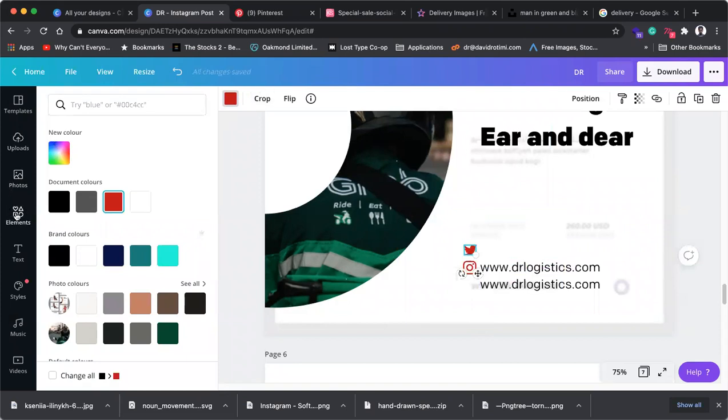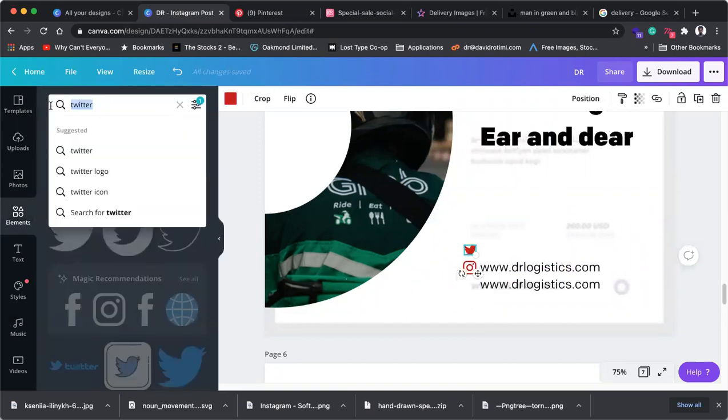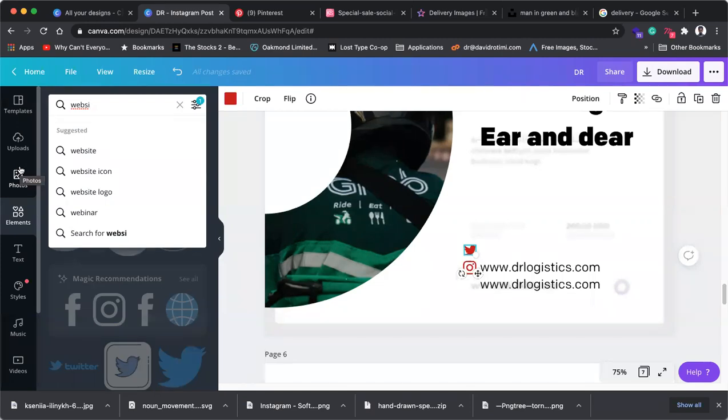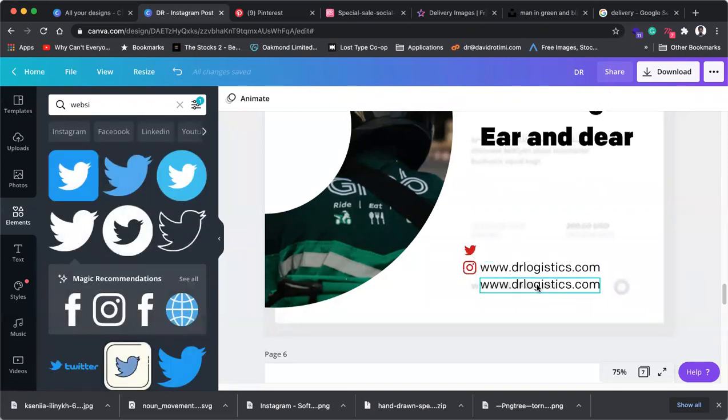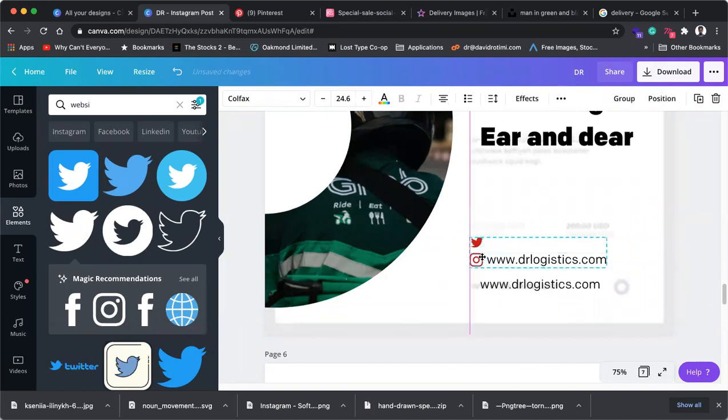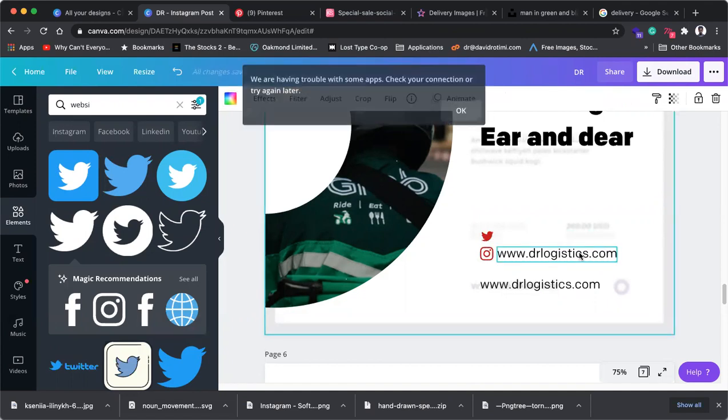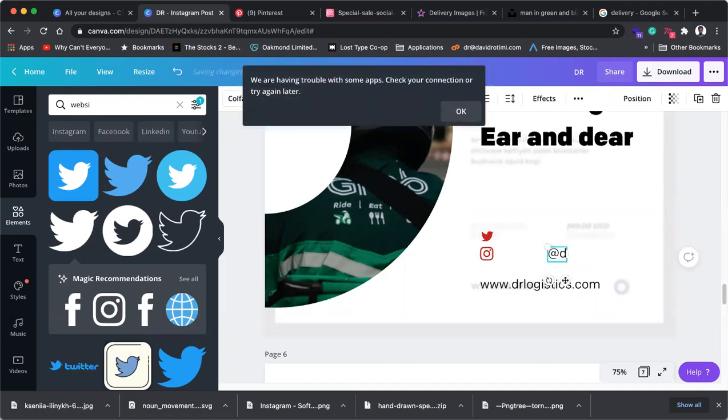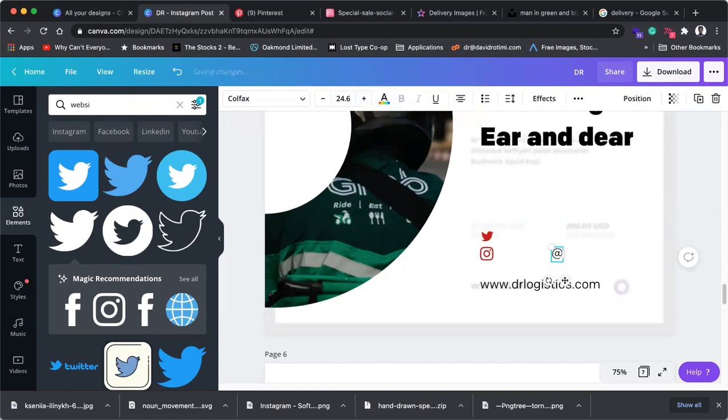Okay. So next we have Twitter, Instagram. What's the next thing? Websites. So when you see www, you know it's a website, all right? So you don't necessarily have to add the website icon, but because we're already having icons on a separate line, it will be weird if the website doesn't have. Well, it won't be weird actually. We can leave that. Yeah. So we just have this for Instagram and Twitter and then separate them. So we have social media separate from websites, although we are still going to put them in the same hierarchy in the sense that they will be together because they are all contact details. Okay. So I'm going to have a DR